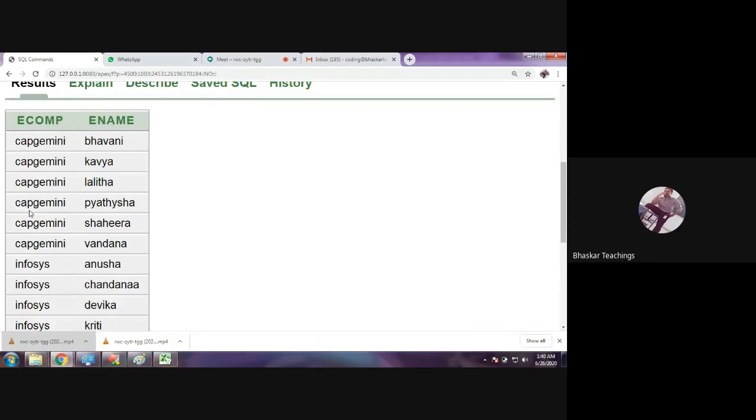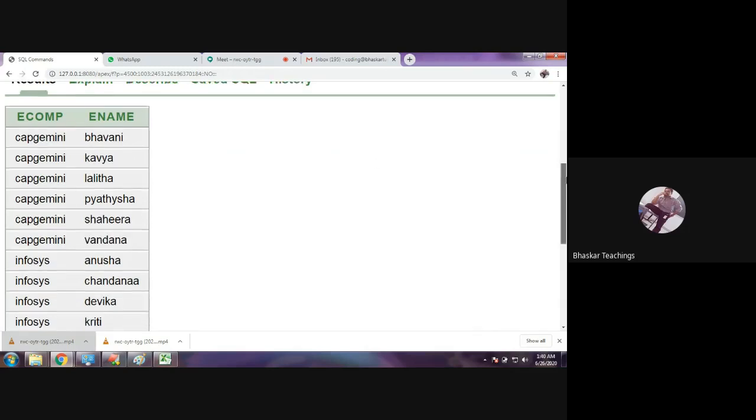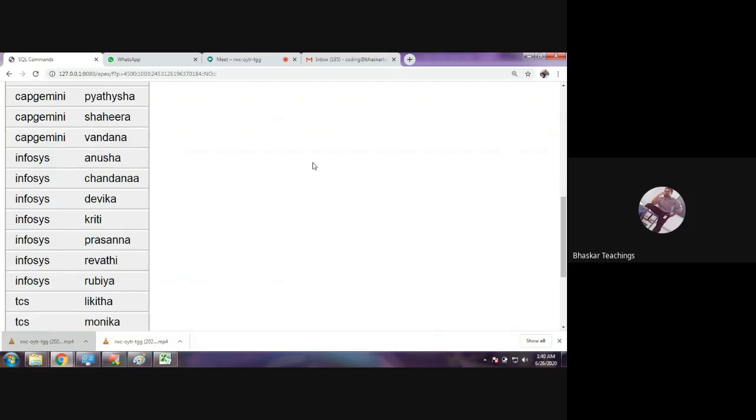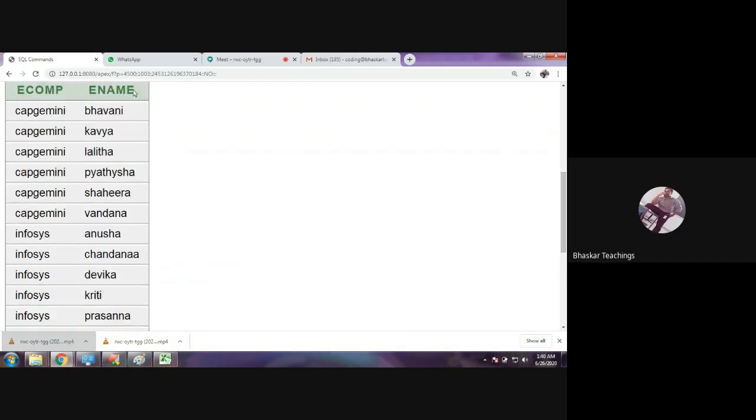Among these Capgemini employees, it will sort the names according to the alphabets: B, K, L, P, S, V. V comes last, B comes first. Now you can check Infosys employees: A, C, D, K, P, R, R. A comes first, C next, then D, K, P, R, R. So for Capgemini, Infosys, TCS the first column is sorted, and within those records the names are sorted.